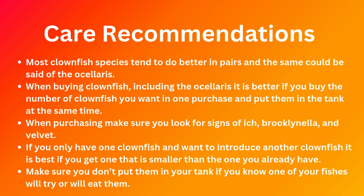Say if you get like two pairs in a 30-gallon, that's not a lot of room for both pairs of fish, and they'll end up going to war, right? And eventually you'll have the losers, and it just won't be a pretty picture, right? As a matter of fact, all your clownfish may die due to their injuries that they sustained during the fight,